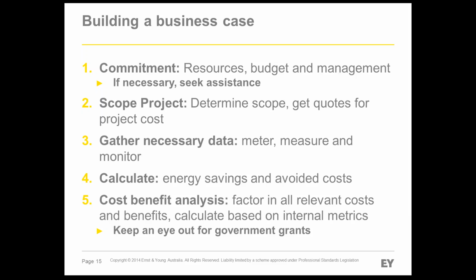So then you need to calculate the energy savings and avoided costs. Calculate the cost savings from the reduction in energy, but also consider the reduction in costs from other areas, such as new equipment may require less maintenance. You're also reducing your environmental impact and potentially gaining cost benefit here from government schemes such as ESS or VEET. So a good example there of where energy efficiency measures don't just reduce your energy consumption, but also energy costs,